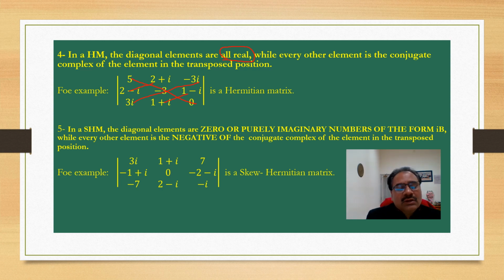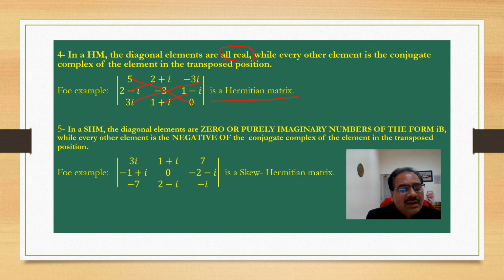So for example, this is a Hermitian matrix. So you have to do the practice just to identify which matrix is called a Hermitian matrix. क्या होना चाहिए? इसका जो डायगोनल है वो क्या होना चाहिए? रियल नंबर होना चाहिए, और सारे जो एलिमेंट्स है वो पेयर में होना चाहिए, कॉम्प्लेक्स conjugate pair.